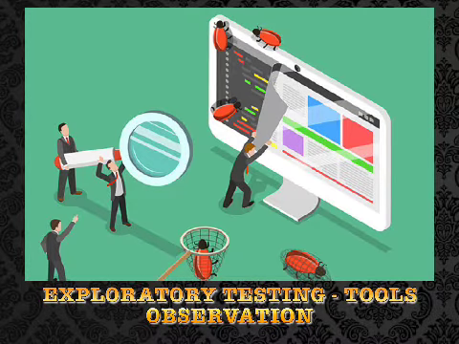Observation means the testers have a different eye for things. The automated testing tools do not understand the semantics of the code. They only understand the syntax of the code. So they know how to test and what to test. But a programmer looks at the code from a different perspective. So the moment they start looking at the code with the eye of a tester, it rips off some of the aspects of the code and reveals a lot of errors or bugs. So this observatory eye can help us understand some of the bugs in the software.